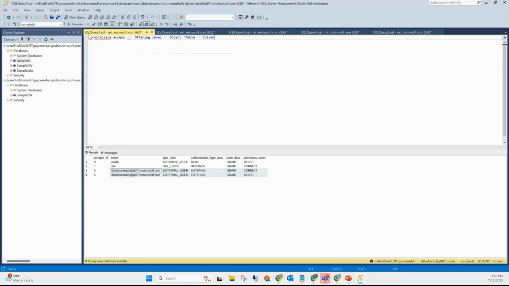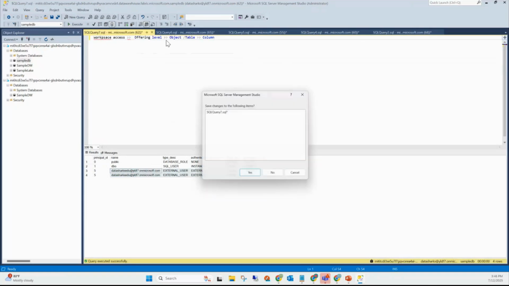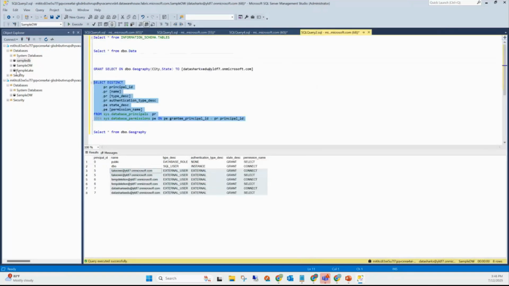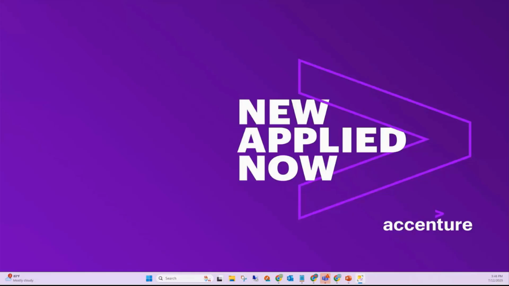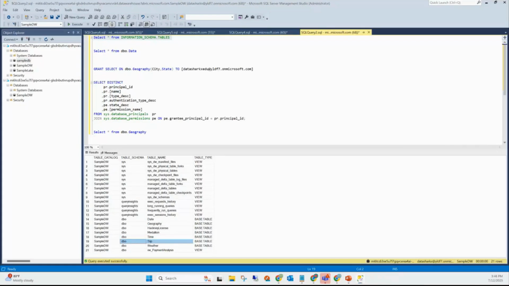But then what if I want to, within the table, let's take an example that within my geography table, or let's say I have some another table. Let me take an example. I have a trip table. Within the trip table, I want a user to only see the trip data of his corresponding country itself, not any other country. So in that case, basically I am enabling row level security to be